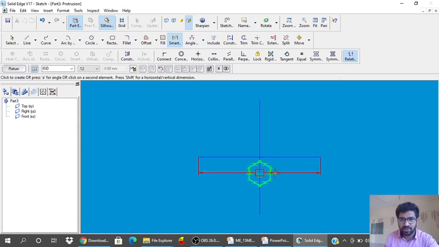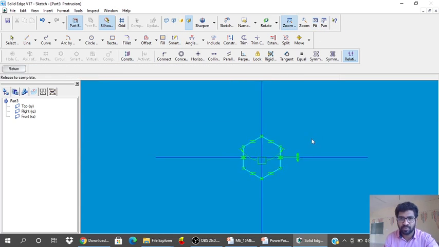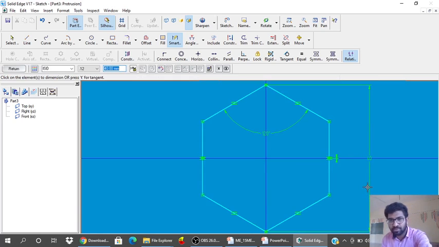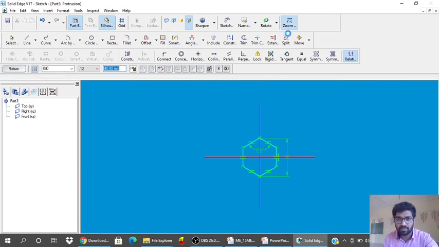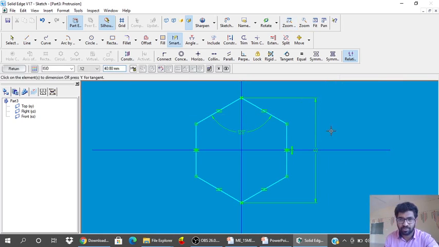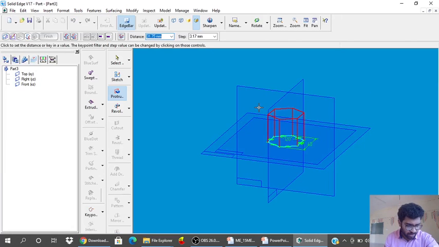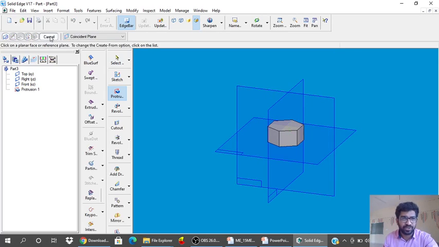Next, from the axis to the center of that, make that hexagon sit at the center. Now we will give smart dimension. Width across corners is 40 mm. Say return. Height of the thickness of the nut is 18 mm, and say finish.